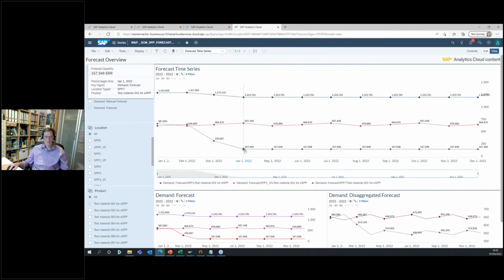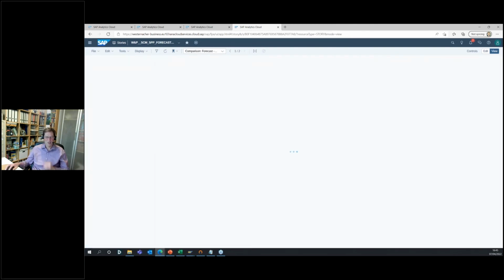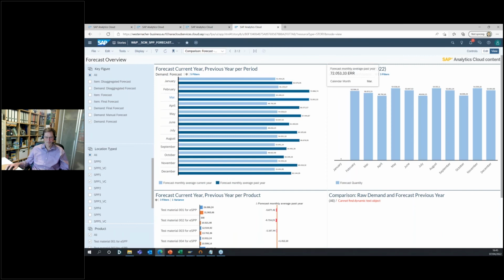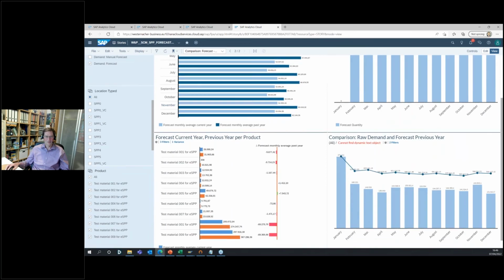And as promised here, you do see the change. I do not want to go to every single screen, just one nice function that is available on the second screen of this one. That is a comparison of the current year and previous year, and you can see that you have different chances to insert this. For example, it is depicting the difference of the monthly average forecast last year and this year,